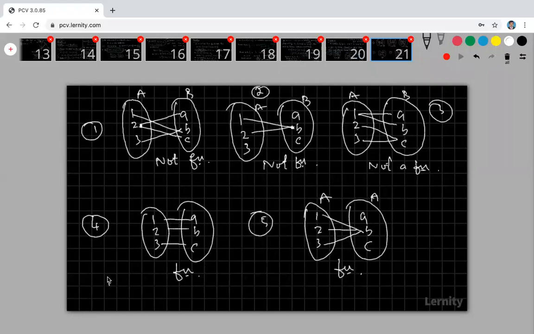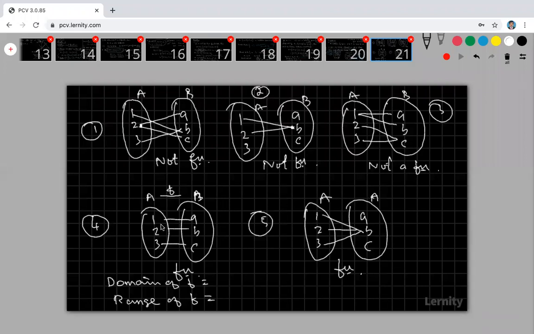Right. Now come to that. Suppose this is A, this is B. This is my function f. Write the domain of f. Actually, this is an ordered pair. 1 comma A is one ordered pair, 2 comma B is one ordered pair, 3 comma C is one ordered pair. What is my domain and range of the relation? How to find out the domain of the relation? Set of all first elements in the ordered pairs of a relation.